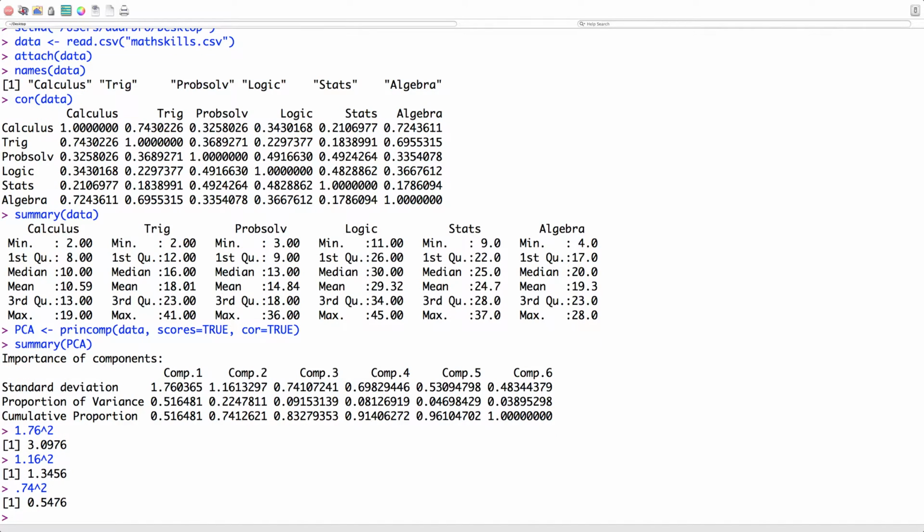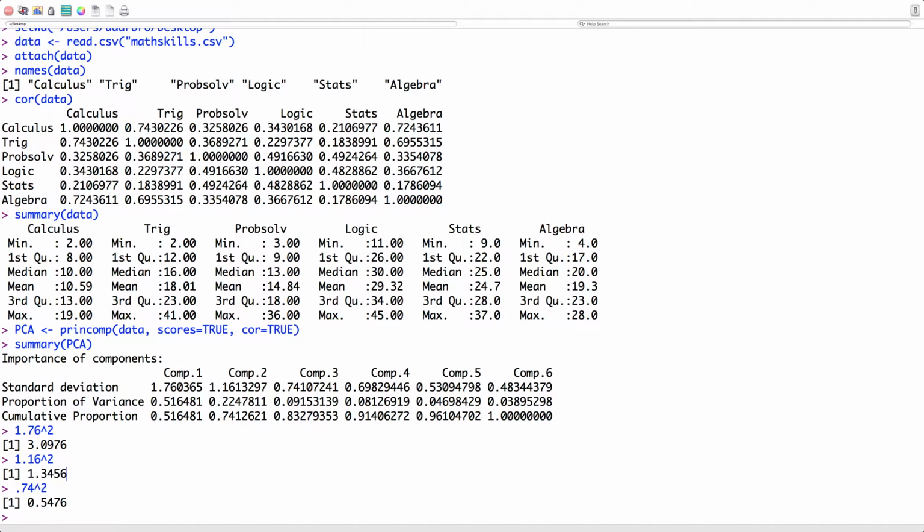Now, a rule of thumb is we want to focus on the components. This is a reduction process. We want to reduce this down to the number of components that adequately describe the cumulative proportion of variance. So a well agreed upon rule, at least the way I was taught, and my folks came from University of Chicago, so hopefully they taught me well,